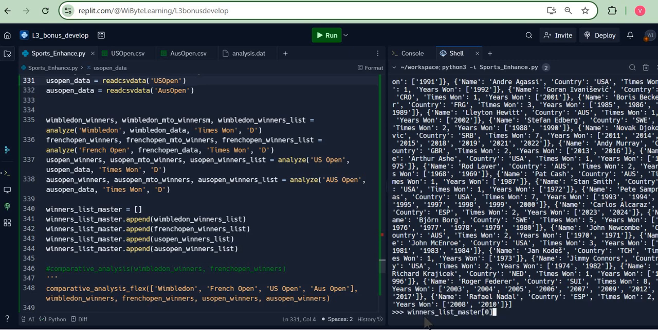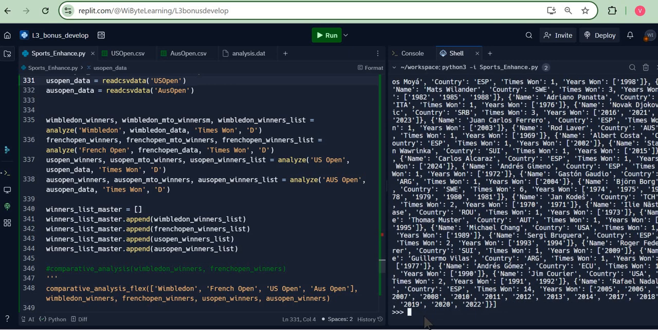Next, if I look at item 1, that is going to be the French Open, and so on and so forth, right? So basically, all the lists of dictionaries that we had for different tournaments have all been consolidated into this winners list, right? Now, we need to get the set of people who have won this tournament at least once, and